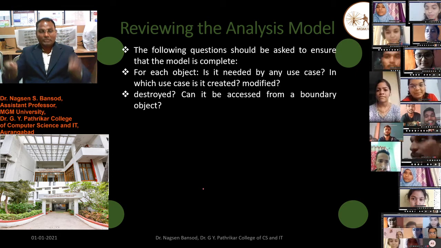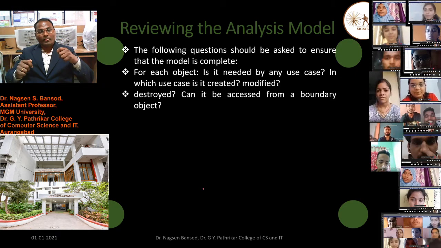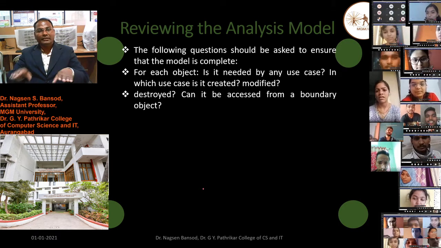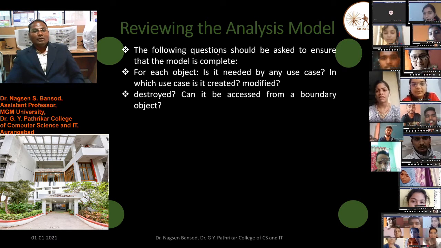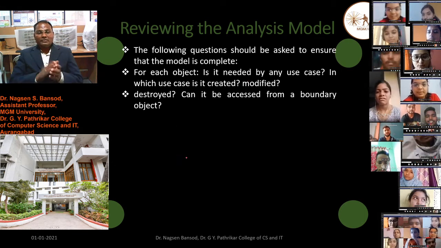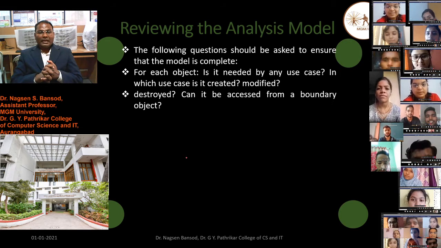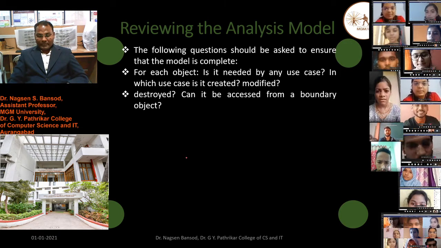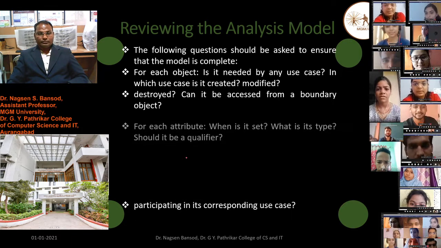All these questions we have to ask the client, developer, and in communications. Then we can review the analysis model and destroy unnecessary information, and ask whether it can be accessed from a boundary object. Like these questions we have to use.